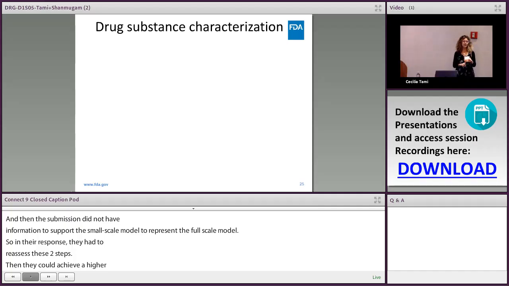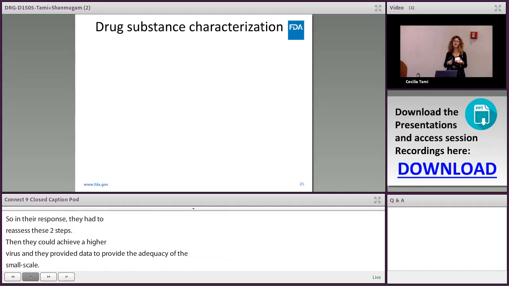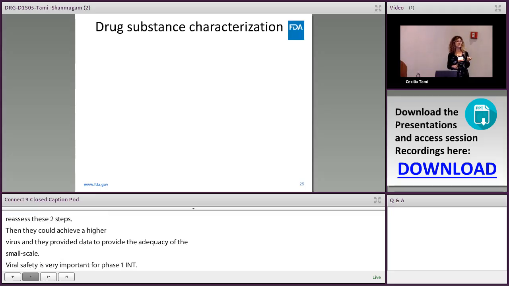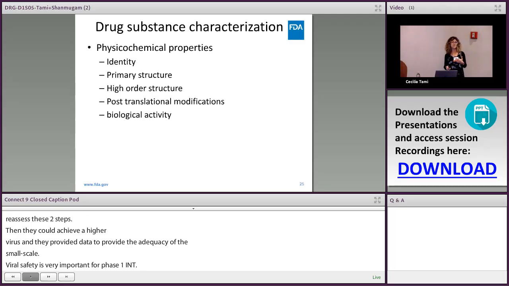This includes characterization of your cell bank, testing of unprocessed bulk, control over the raw materials of animal or biological origin, and demonstration of the capability of your process to remove viruses through 2 steps that should be robust and orthogonal. The IND should also have information about the characteristics of the drug substance, including physicochemical characteristics, identity, primary, secondary structure, potency, or content,